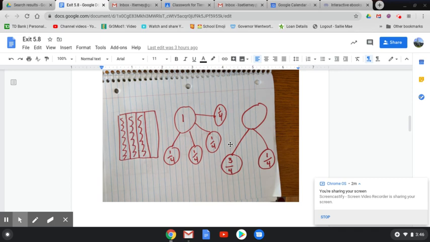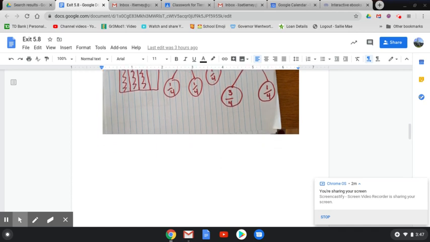And then you're going to see this number bond. And what am I missing over here? I'm missing the 1. So you would write in a 1 over here because 1 is the whole. 3 out of 4 parts, 3/4, are shaded. 1, 2, 3 out of 4. And then 1/4, 1 part out of 4 is not shaded. Okay? Now,